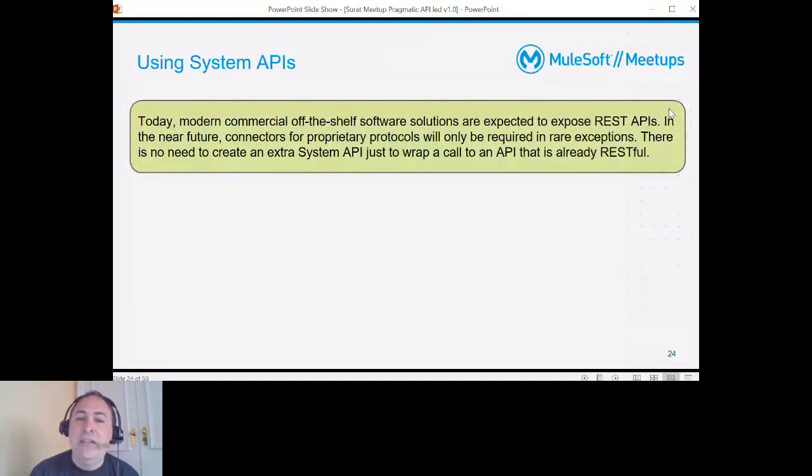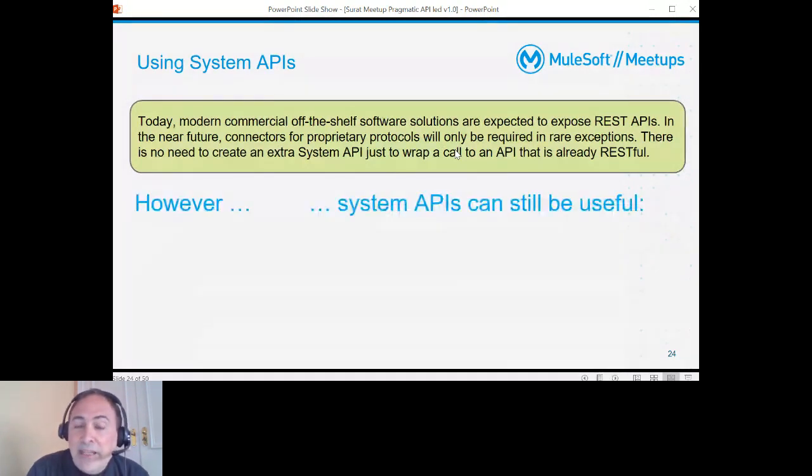Why create a new API to interact with Google Maps, or with any API of AWS, if there are already good APIs? So I think that in the coming years we will see that to interact with a lot of backends, we just need to invoke the REST API. Probably in the future, all these proprietary protocols and connectors will disappear. However,